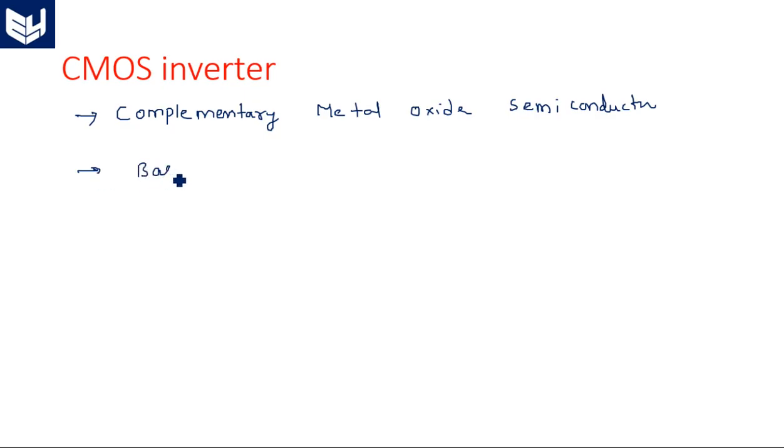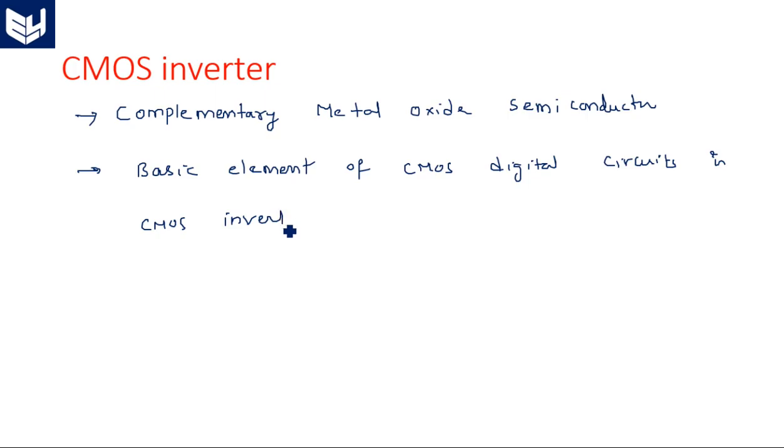So the basic element of CMOS digital circuits is the CMOS inverter. Remember, CMOS is not a transistor, because CMOS consists of PMOS plus NMOS devices. PMOS alone is a transistor, NMOS alone is a transistor, but when we combine PMOS and NMOS